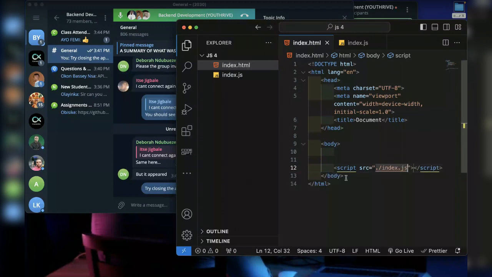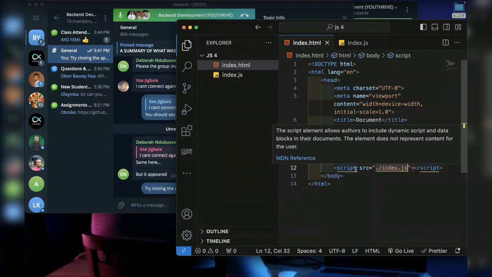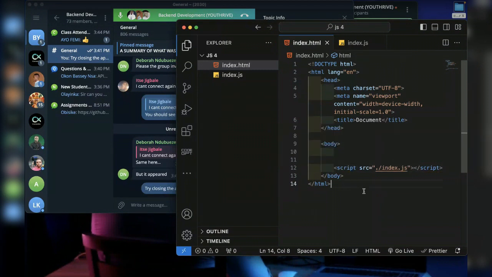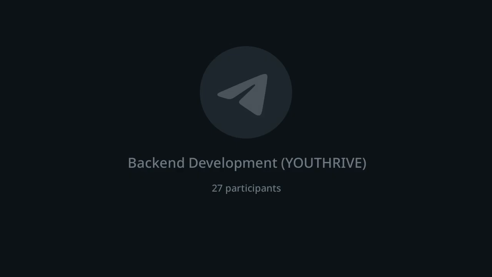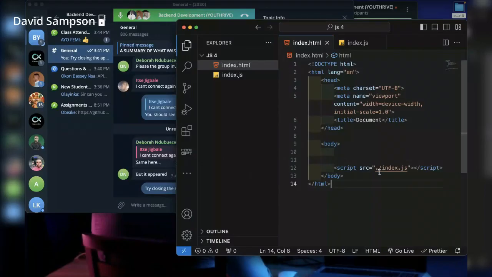Now, I will explain again. If you don't understand this, it's okay, it's fine. You need to just go through the video that is on Google Classroom and you'll be able to follow up. But if you can still follow up from here, very good and fine. So what I have here is my JavaScript linked in my HTML.